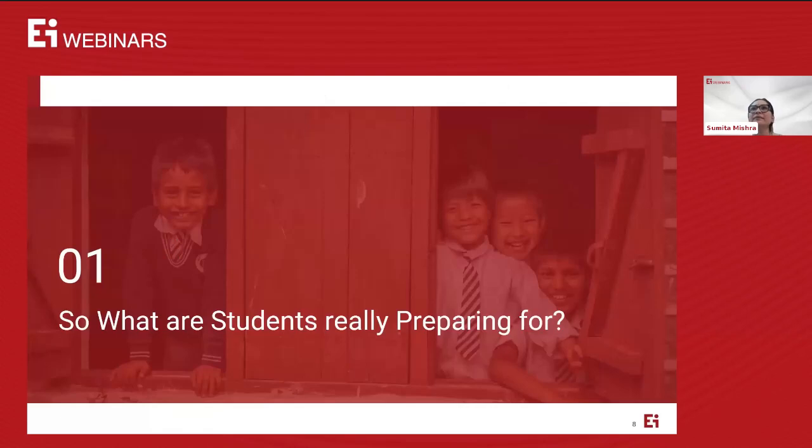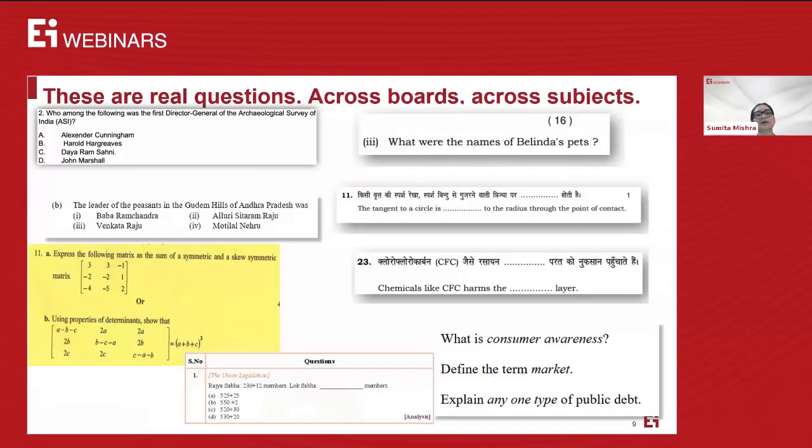Okay, so then the question comes, so what are we really preparing our students for? Let us look at some questions. These are real questions. These are questions that we found across boards, across subjects. And like I mentioned in the initial slide, does something jump out at you when you look at all the